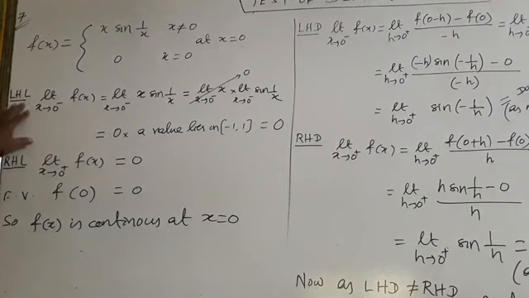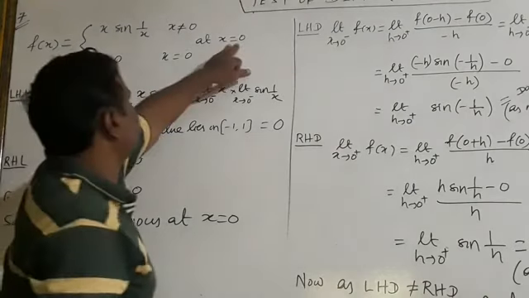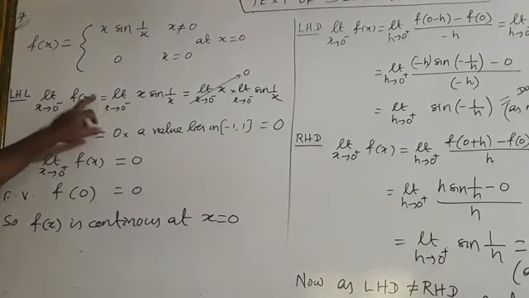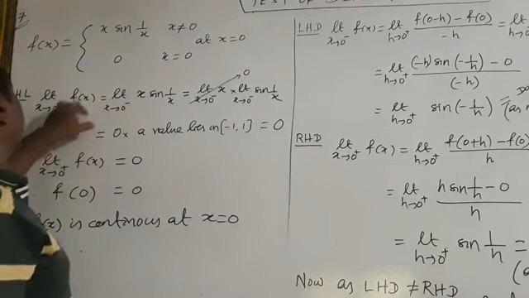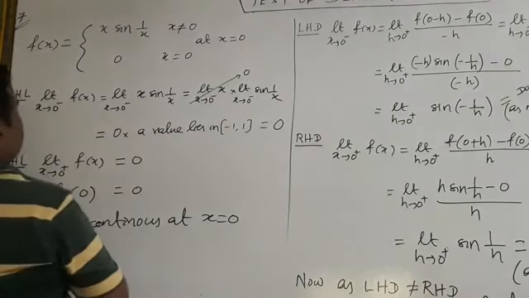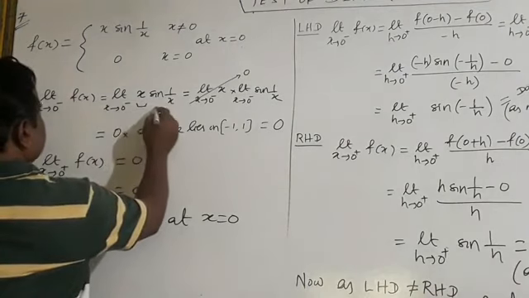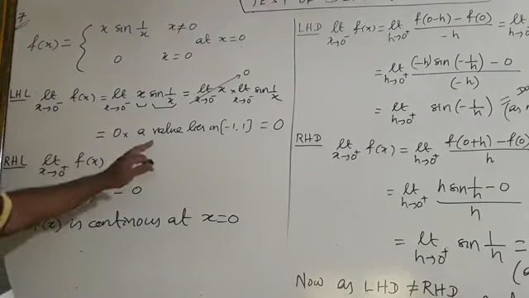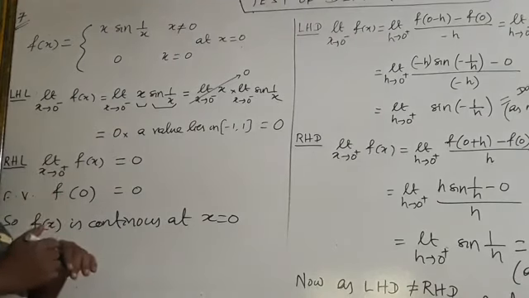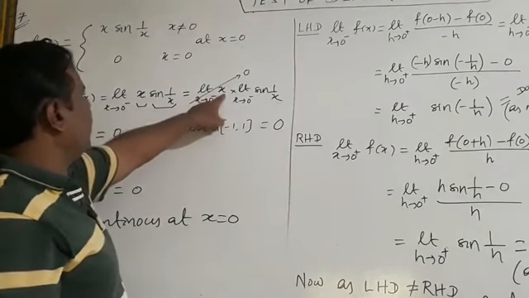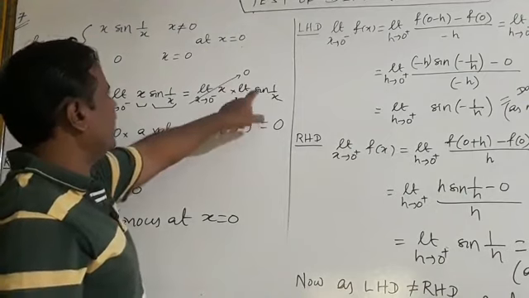Left hand limit, first you have to find the limit at x is equal to 0. We have to take limit as x tends to 0 minus of f(x). In place of f(x) you have to write x sin 1 by x. Now there are two things. This is x and that is sin 1 by x, and you have to separate it. And this type of problem I have done earlier. Now this is limit as x tends to 0 of x, which is 0,